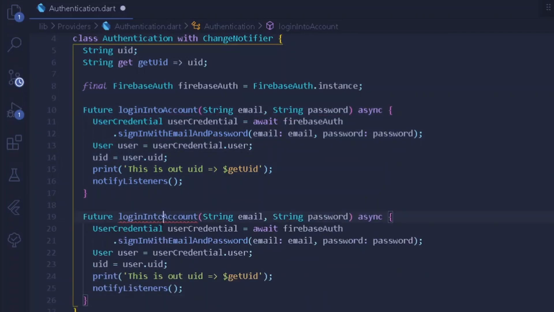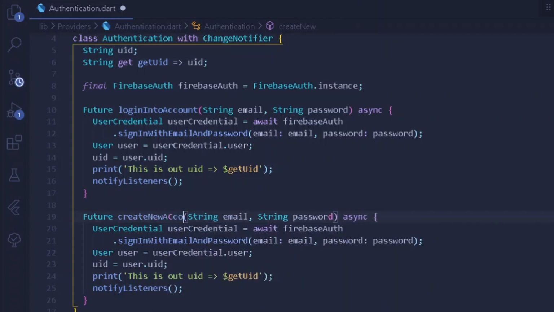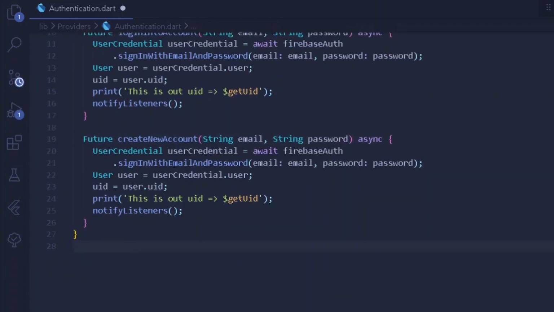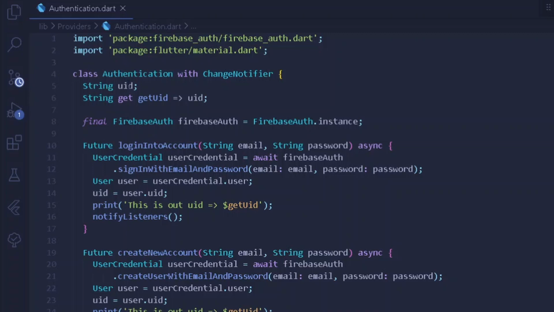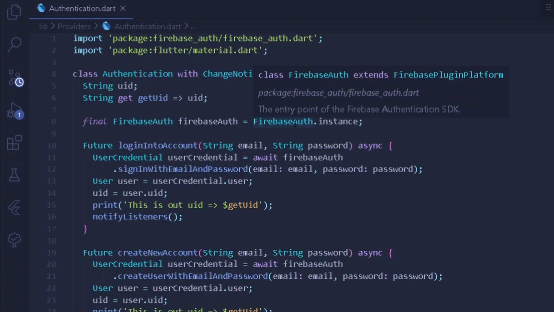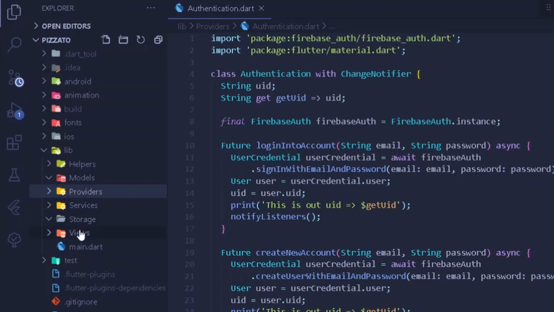one more time. But here, instead of this, I will be simply writing create new account. Now the only change required here is about creating an account with email and password. Now all of this is done, we shall be creating a UI for the following authentication screen. So for getting the following authentication screen, we can simply create a new file under our views.